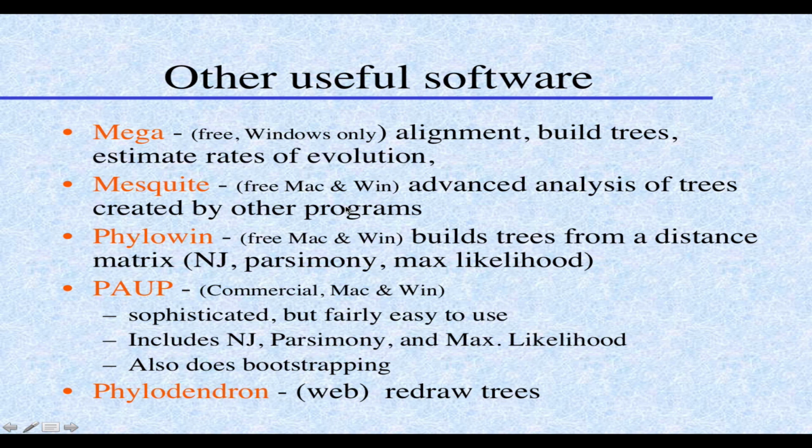Mega is free, Windows favoring, but does function sort of on Macs, software that incorporates all of the methods that I've described today. It does neighbor joining, minimum evolution, and maximum likelihood. It draws trees. It has built-in Clustal. Very handy, useful tool. If you can do Mega, you can be the evolutionary tree builder for your lab. You may not make it on the national stage, but you'll be able to build good,